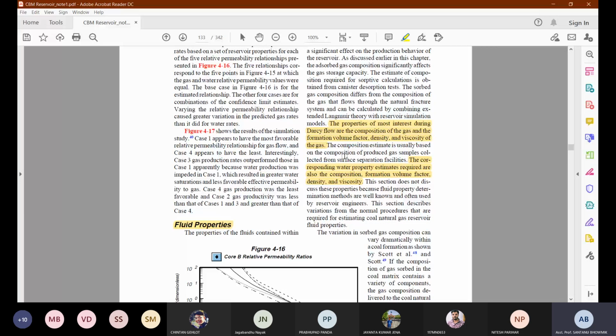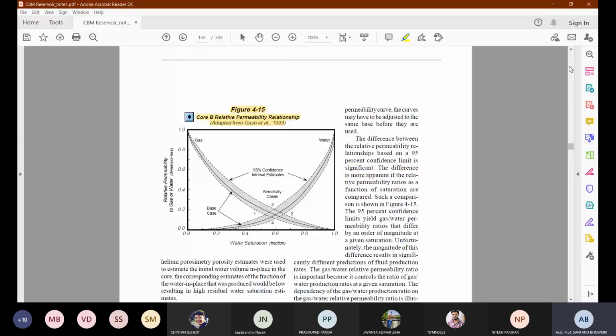Viscosity of the fluid is also there whenever I am talking about the fluid properties, but again the viscosity of the gas. Why will viscosity of the gas come? Because of the relative permeability. As you can see in the earlier graph, whenever the water is going to reduce, the gas is going to increase. Just imagine a flow in a pipeline, having inlet and outlet, and imagine that gas and water are going to mix. Suppose the saturation is 50%, so gas is 50%, water is 50%.